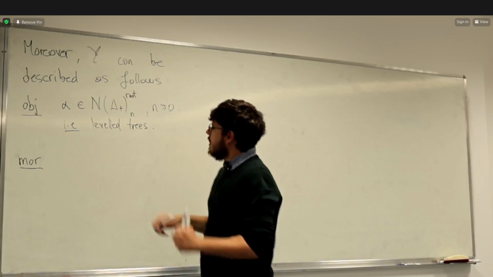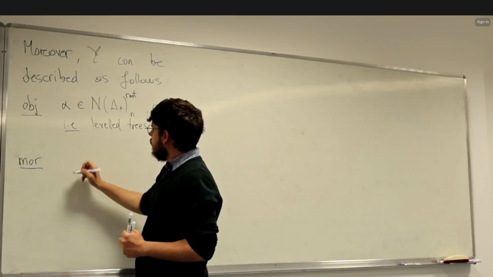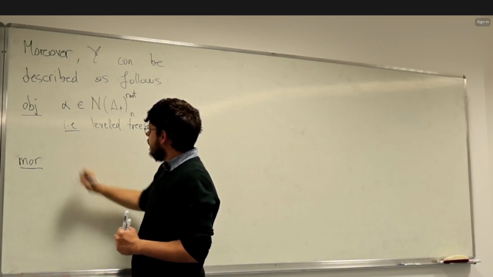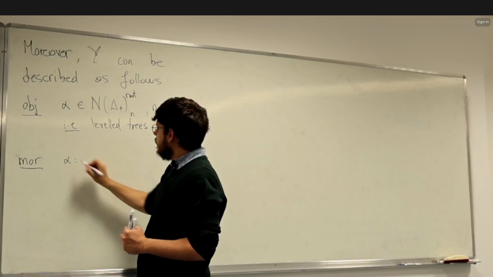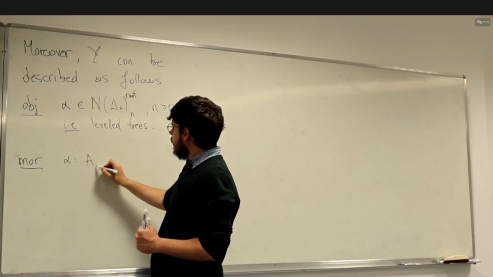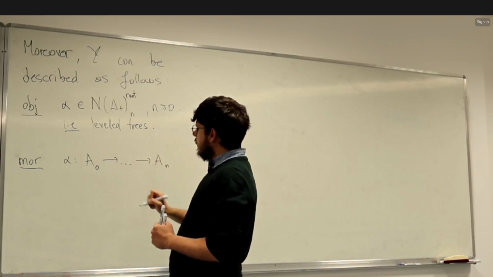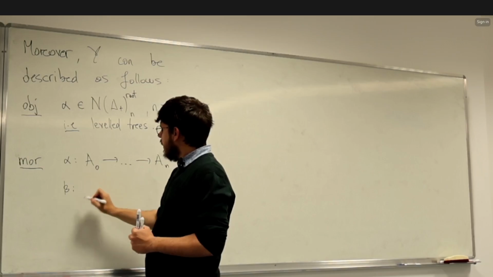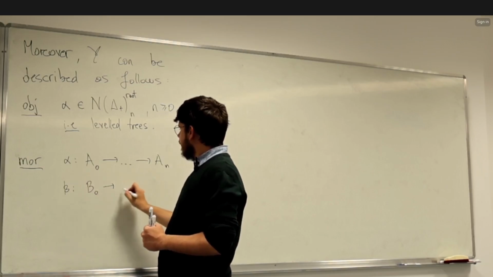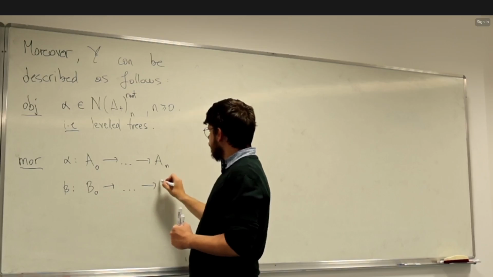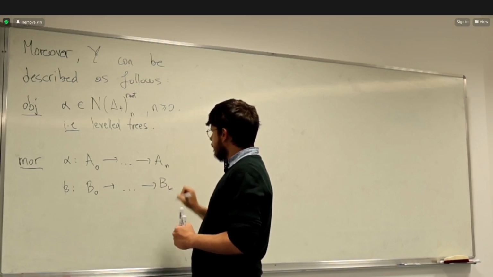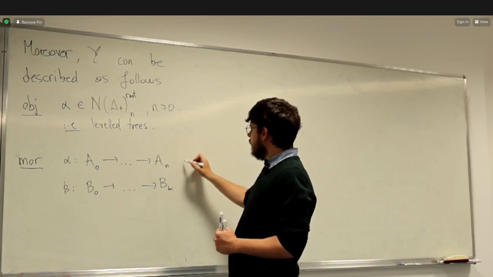This is better done with a picture. If I had an n simplex, and if I had a k simplex, okay, so this is